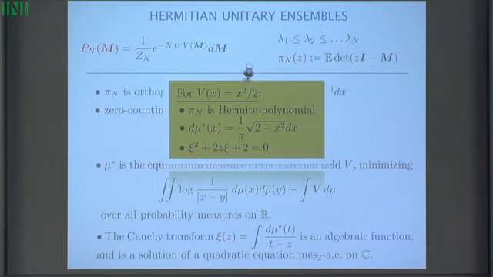Okay. So for instance, I mentioned, if you have x squared, you have just a Hermite polynomial. You just take from a book how a Hermite polynomial behaves, and you have the whole answer. For instance, you know that this equilibrium measure with external field x squared is the so-called semicircle law. The distribution has a maximum at 0 and decays all the way up to square root of 2. And the Cauchy transform of this measure solves a simple quadratic equation, from which you can recover this measure very easily. Okay, that's classic already.